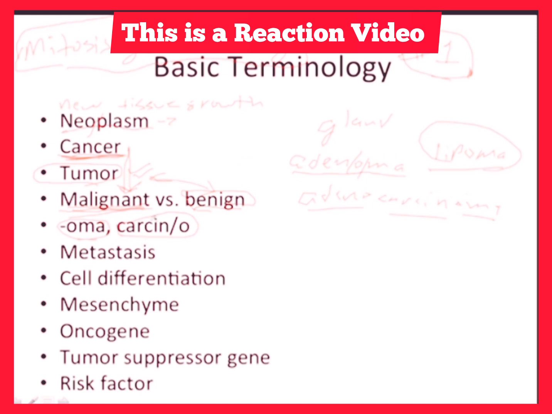Now, these malignant tumors are the ones that are capable of metastasizing. Metastasis is an easy term to understand. We're saying that this malignant tumor or malignant neoplasm is spreading. I'm going to talk more about how they spread in a little bit, but for now, that's what you have to understand. Whenever you see the word metastasis or metastasize, that's not a word used to describe a benign tumor. Metastasis is used specifically for malignant tumors.